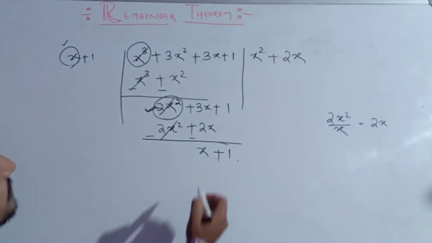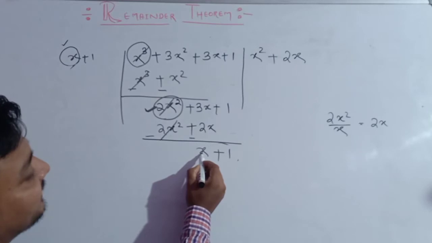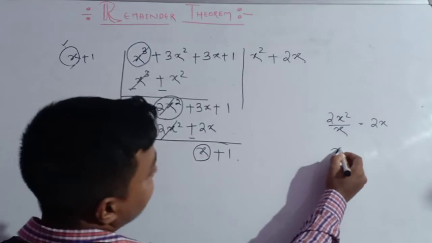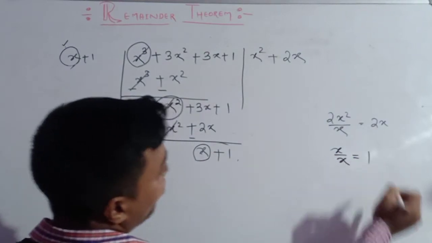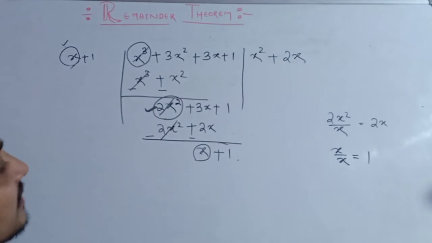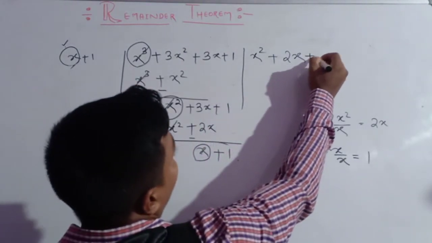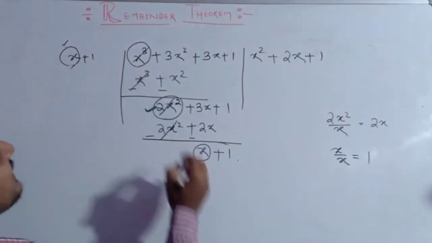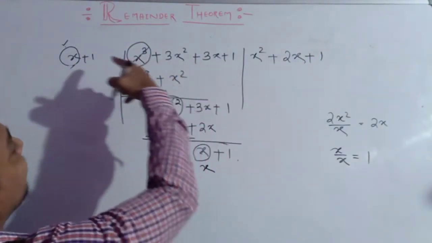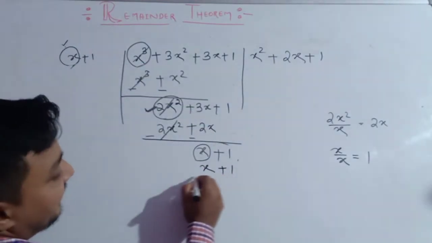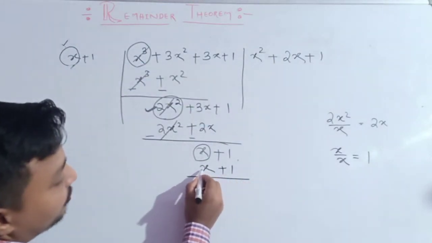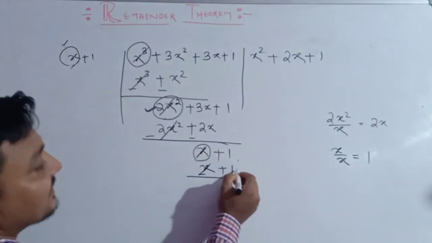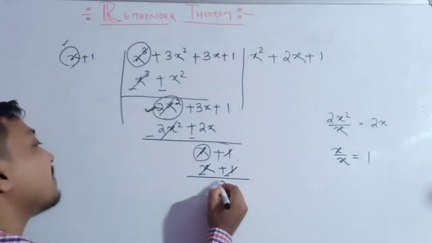So here it is x, and here it is x. The first term x divided by x is 1. So the third term of the quotient becomes 1. Whenever 1 is multiplied with x, it becomes x. 1 multiplied with 1 becomes 1. In the next step we do the subtraction, plus becomes minus and plus becomes minus. So this one cancels, this one cancels, and the result becomes 0.